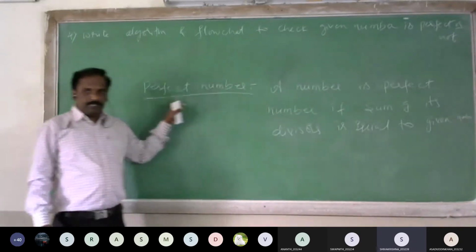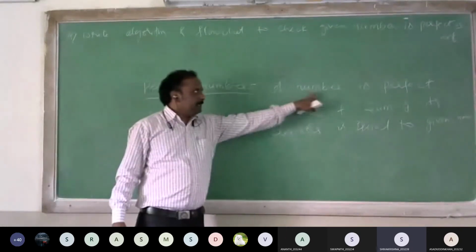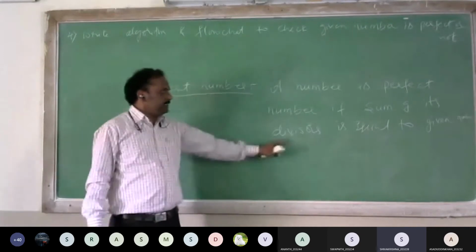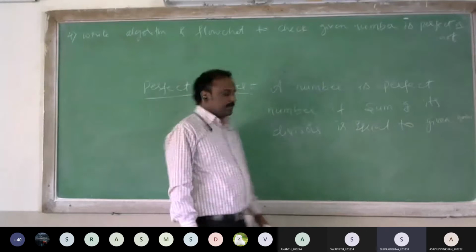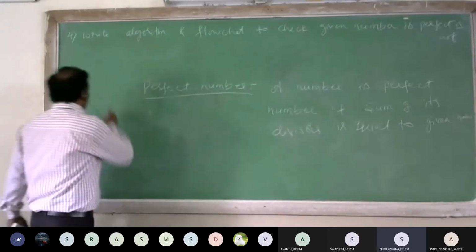So what is a perfect number? A number is a perfect number if the sum of its divisors is equal to the given number. For example,